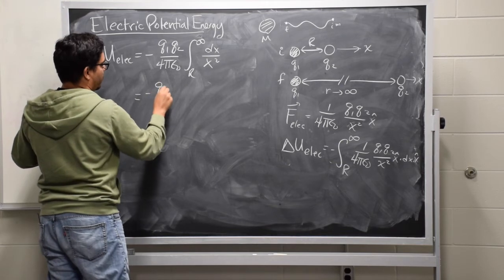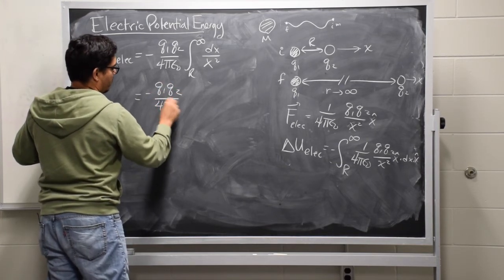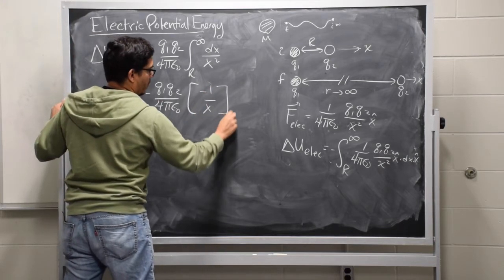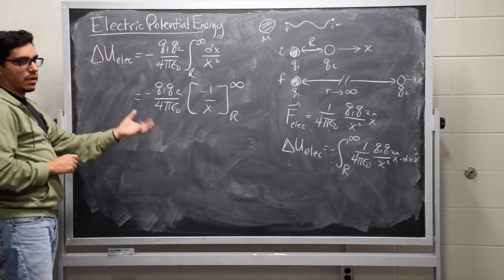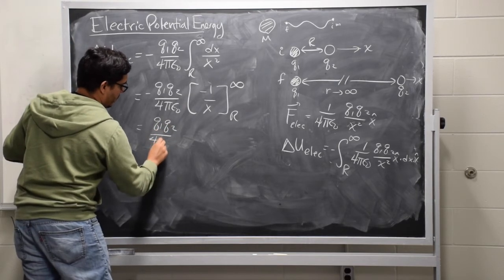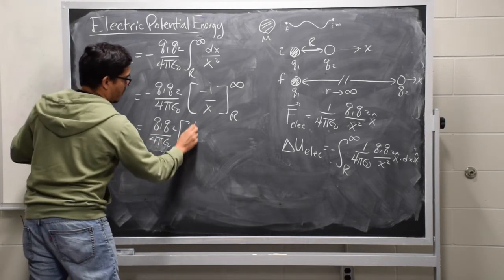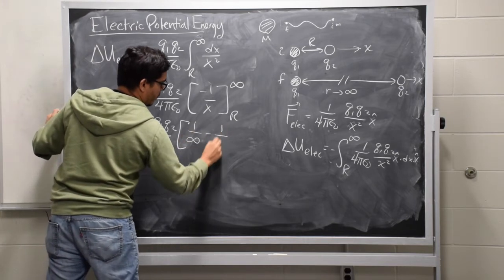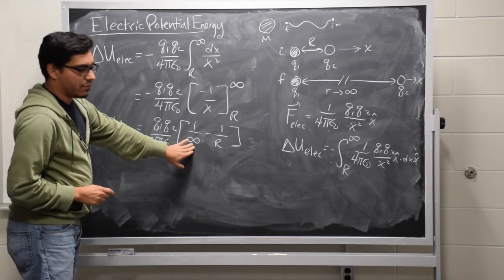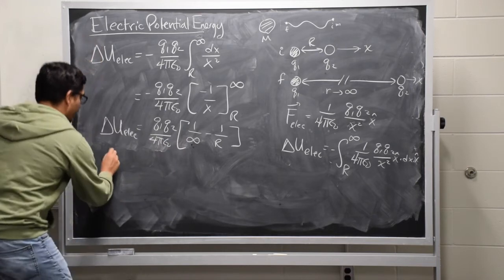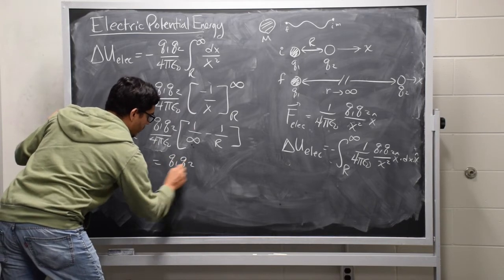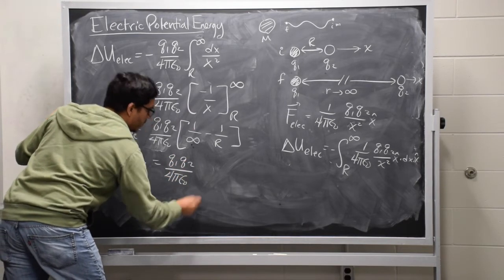So we'll have this overall minus sign out here, and we're just going to take this integral by itself. And what we'll have is minus 1 over x evaluated at r and at infinity. We can take out that overall minus sign from here and evaluate the endpoints. And what we'll have is 1 over infinity minus 1 over r. That is the change in the electric potential. As this goes off to infinity, this first term vanishes. And so what we find is that the change in the electric potential is Q1 Q2 over 4 pi epsilon naught